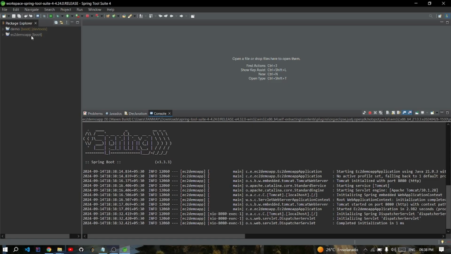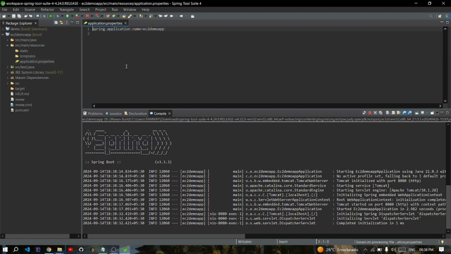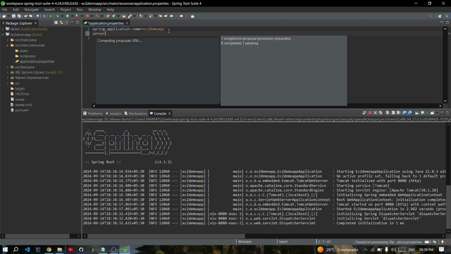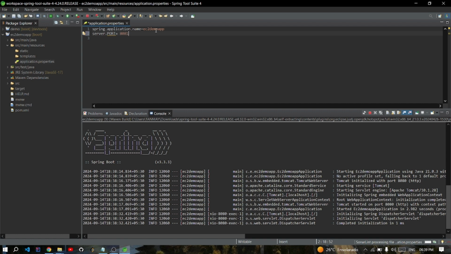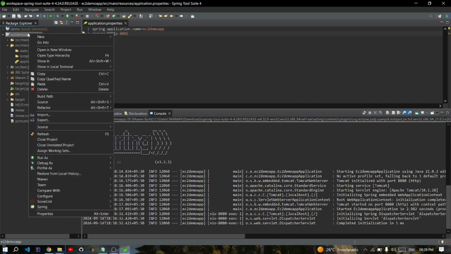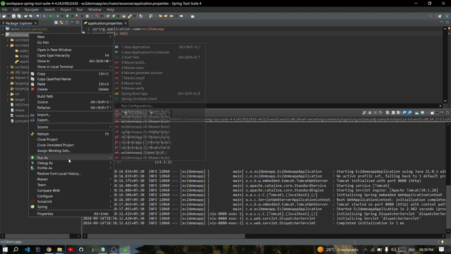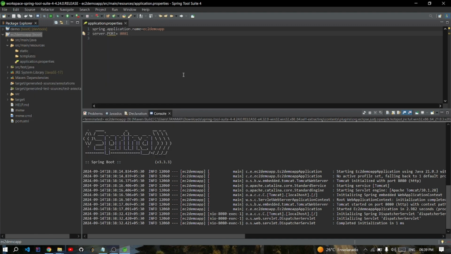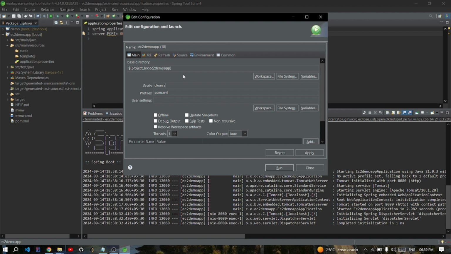For that, we just have to go to the resources, and from here in the application.properties file, we just have to configure the port number here, server.port, and the desired port number that we want to run our application on. So here I have added the port number, I save this file, stop the previously running application and rerun the application so that it will start running on the latest port that I have mentioned over there. So just start the application, clean Spring